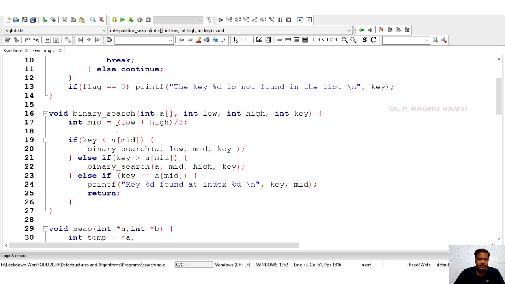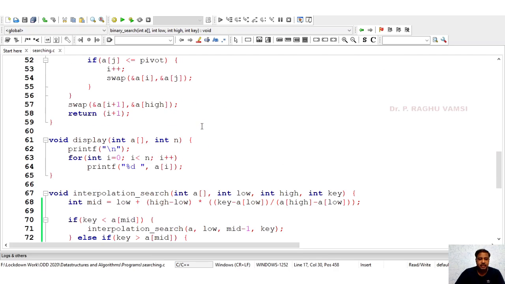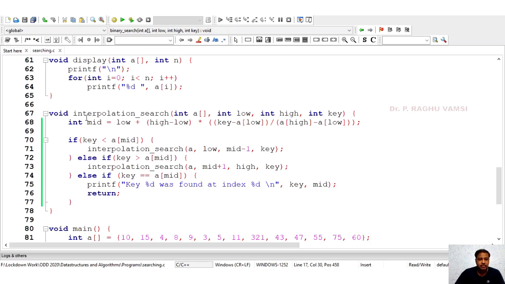Previously in the binary search tree, it's not binary search tree, I'm sorry. Here the searching will take place like binary search. In the case of binary search, the mid is equal to low plus high by 2, but in the case of interpolation search, we have used the formula given in the slide, that is low plus high minus low into key minus a of low by a of high minus a of low. When the key is less than a of mid, now high will become mid minus 1. If key is greater than a of mid, high will be like that only, but low will become the mid plus 1. That's all.